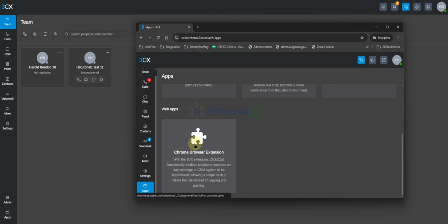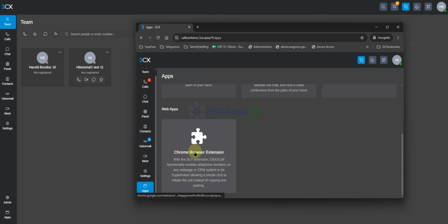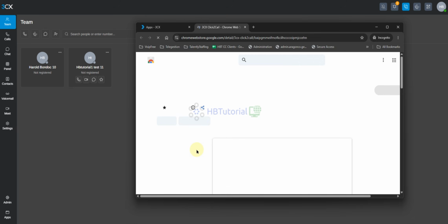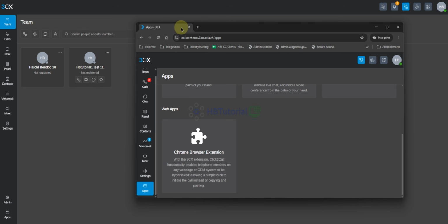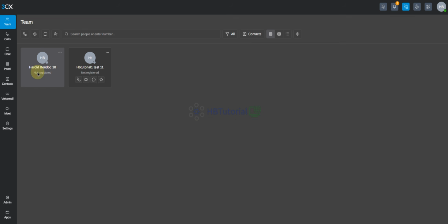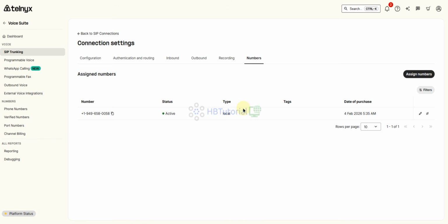Chrome extension for the 3CX. Okay, let's add the, okay, the issue we cannot add over there. So we're going to this one. I'm going to register. I'm going to get the application, the 3CX.